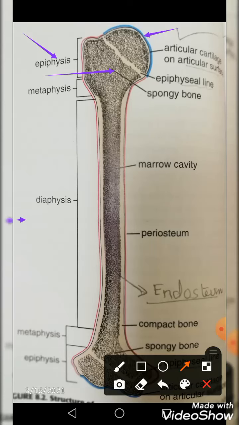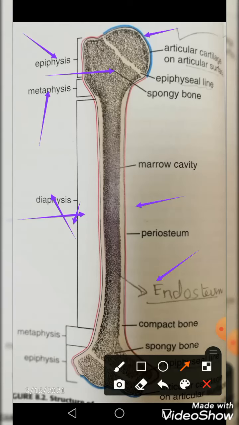Now see that there is the shaft of a long bone, which you label as the diaphysis. This diaphysis is totally composed of compact bone, with a thin region of spongy bone on the inner surface around the central marrow cavity, as you can see. Now note that this whole long bone is covered on its outer side by a layer called the periosteum, and you can also see the inner lining called the endosteum.